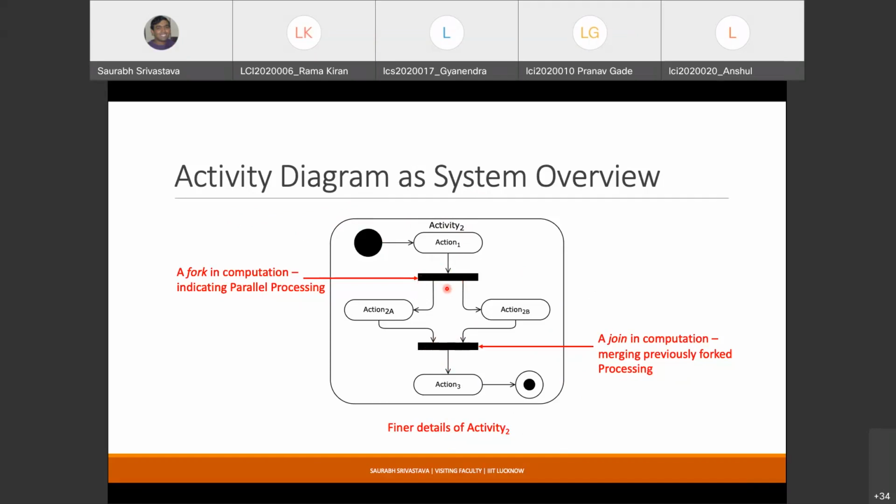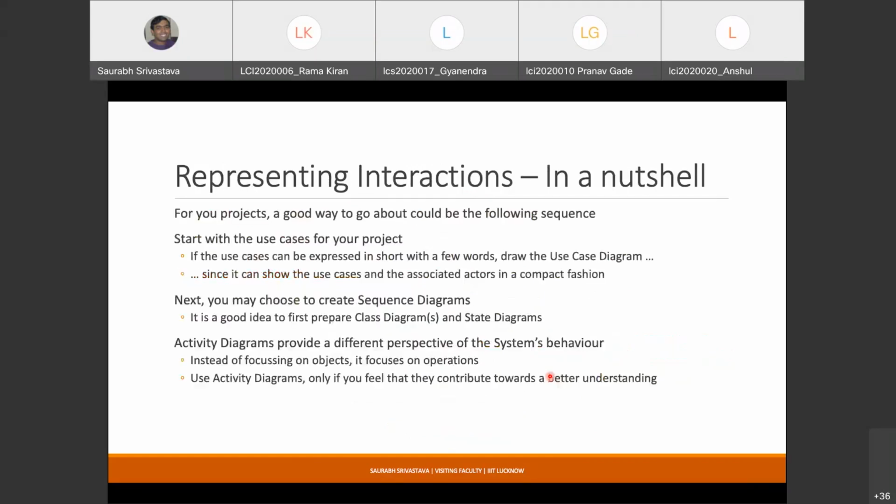A fork is essentially saying that from here onwards there are two different activities which are going to take place in parallel. And then similarly, to join the flow which has been forked, you can also use the same element again to show that from here onwards things are going to go in sync. So this is an example of activity diagrams. Any queries on this?